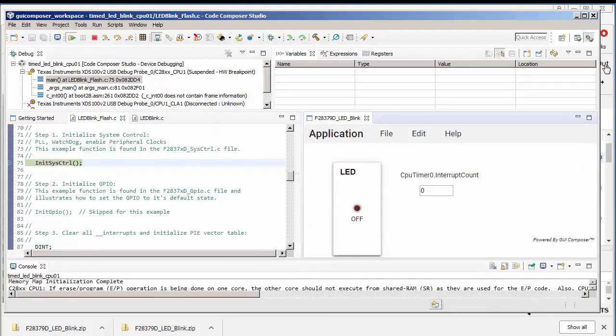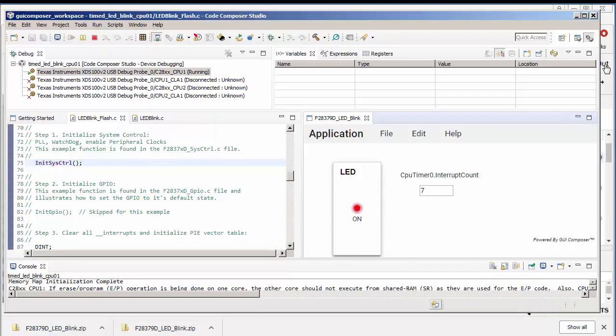Now when you run the application, you can see the GUI updating in sync with the LED on the target board. So this is how you can export a GUI Composer application